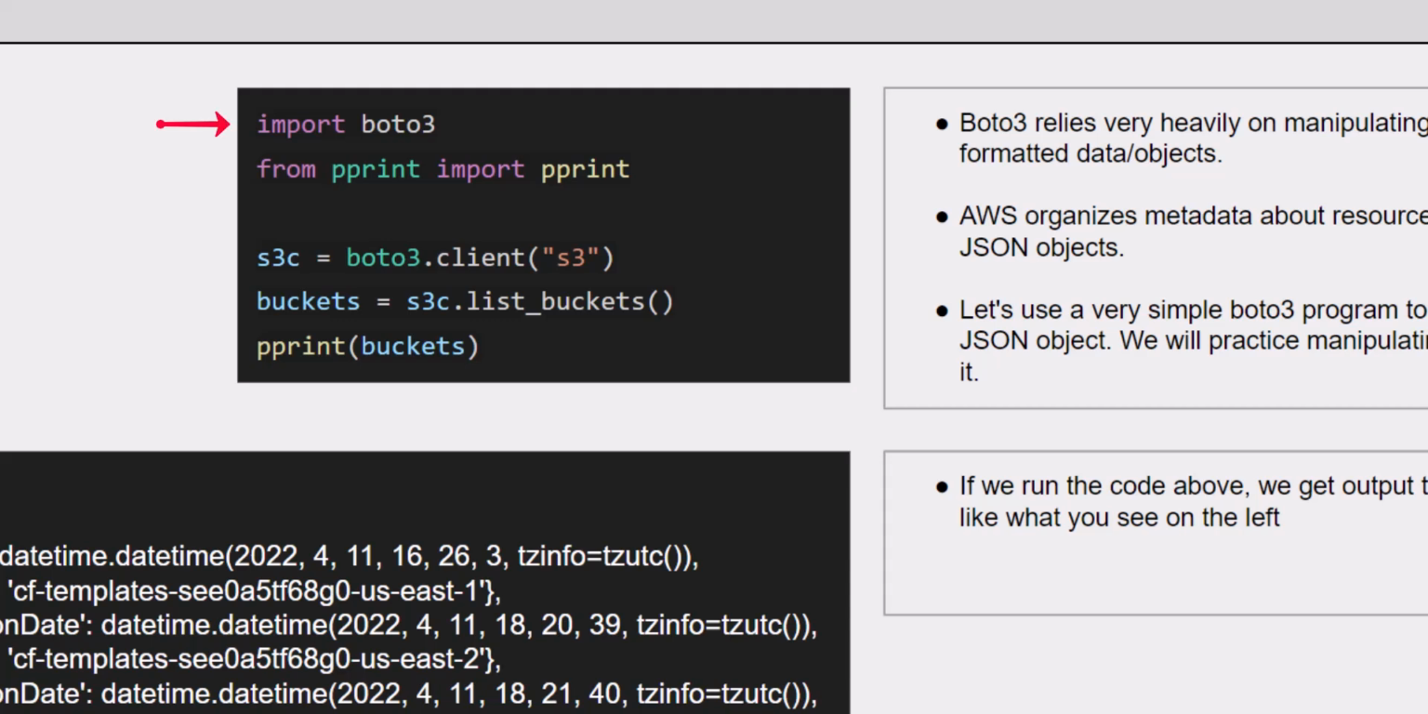As you can see on the top here, we've imported the Boto3 library into our Python script. We've also imported a library called pprint, but we haven't imported the entire library. From pprint, we've imported just the class pprint. If this seems confusing, it's because pprint is the name of the module, but it also contains a class called pprint. Next, we tell Python what type of Boto3 resource we wish to create, and we set that equal to a variable called S3C for S3 client,